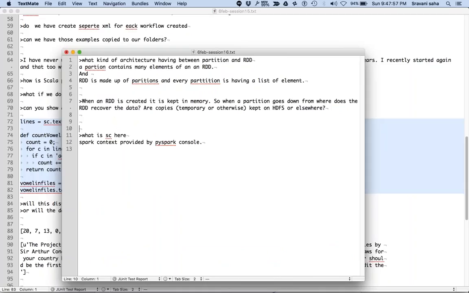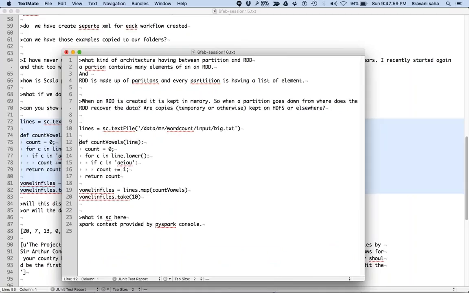So lines equals sc.textFile. This particular line is creating an RDD called lines. This statement creates an RDD, and this RDD is distributed over the cluster.